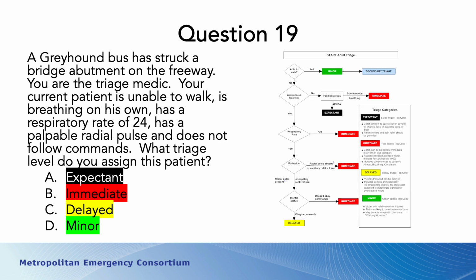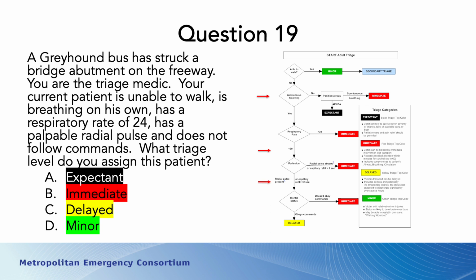So we use START, and here's the flow sheet. If we look at the decision points, our patient has spontaneous respirations. So if you look at the triangle, or the diamond, that's a decision point. The answer to that is yes, so we're going to drop down to a respiratory rate. His respiratory rate is less than 30, so we're going to drop down to the next diamond, which asks about